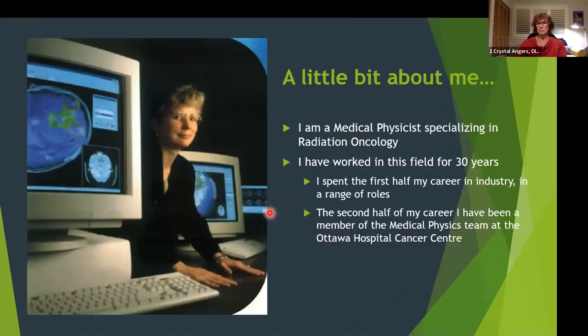So first, a little bit about me. My name is Crystal Plumager, and as you heard, I'm a medical physicist with 30 years of experience working in the field of radiation oncology physics. I've had the great privilege to work both in industry and in the clinic. Early in my career, while in industry, I worked as a medical physicist in various roles, including product management, project leadership, process engineering, and software development. And after 12 years of these industry roles,